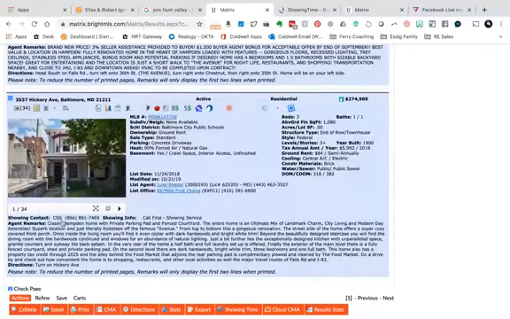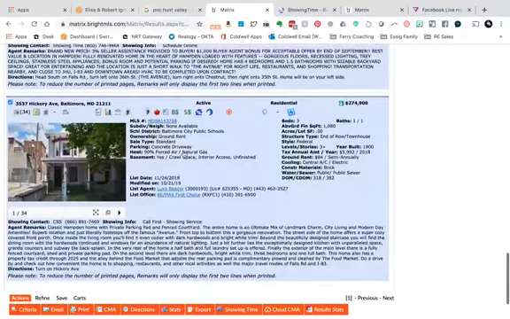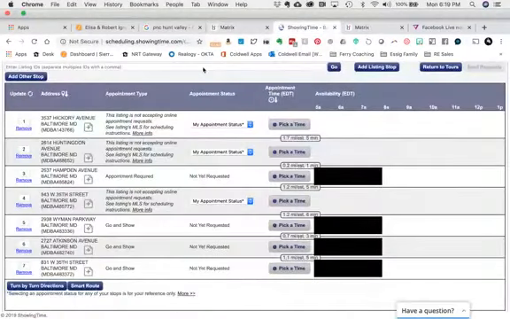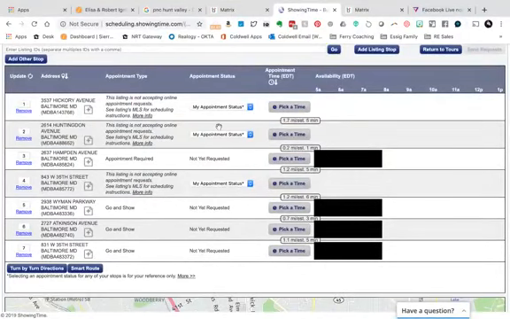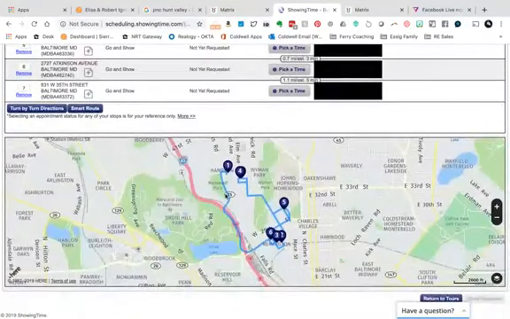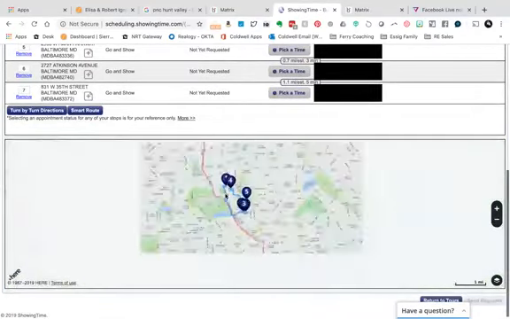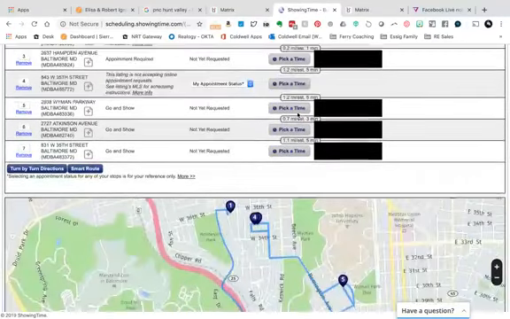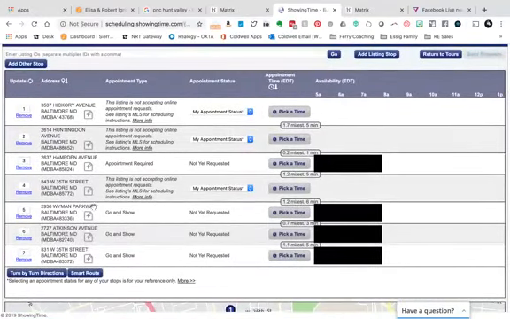Okay, so let's go back here and look at that house on Hickory. Sometimes, okay, so this is through CSS. CSS is a different showing service, so I'll deal with that in a minute. So now, when you're in showing time, I like to build the tour through showing time first, and then I'll pick my times. I'll go ahead and build out the tour. I'll pick my times, which will be right here, so that then you have it, and then the ones that aren't accepting online appointments, I can then go back through and schedule them through CSS,